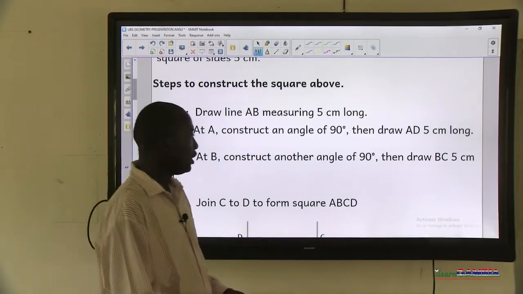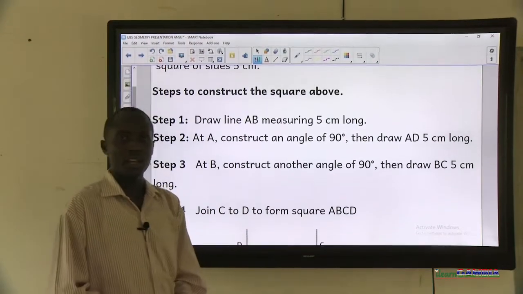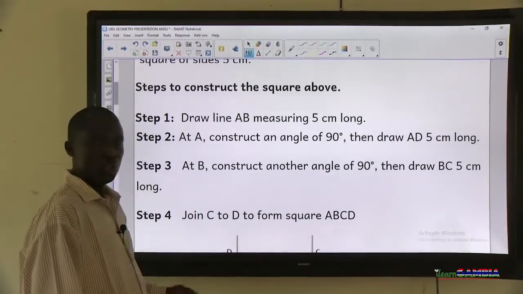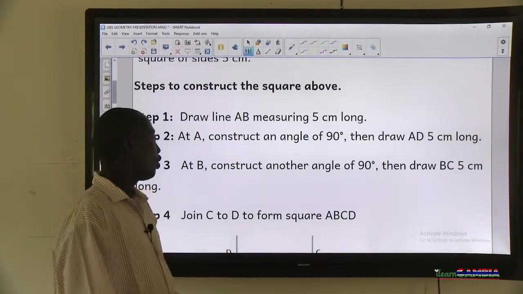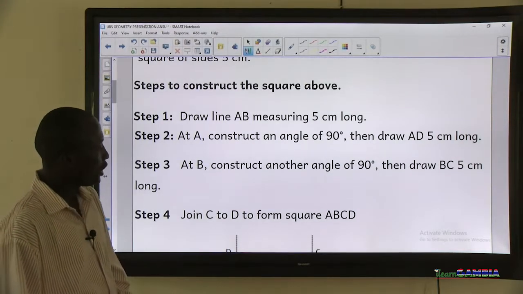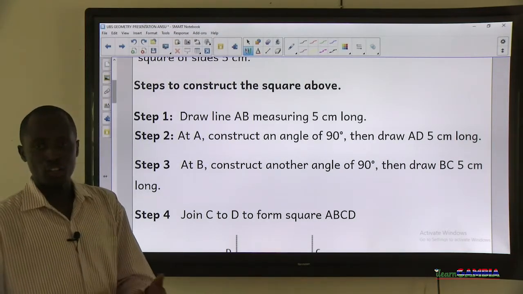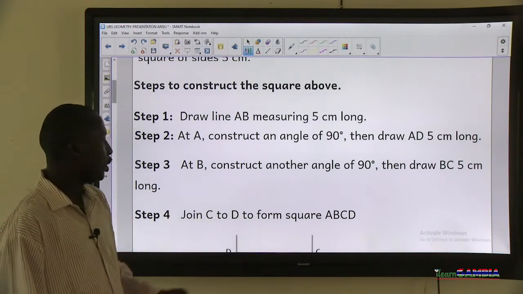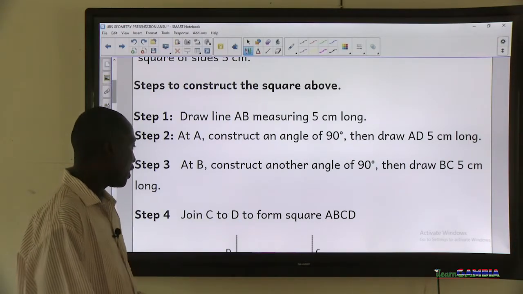Then draw AD, which is also 5 centimeters long. Step 3: at B, we also construct an angle of 90 degrees. Then draw BC to be 5 centimeters long. Now we join C to D to form the square,